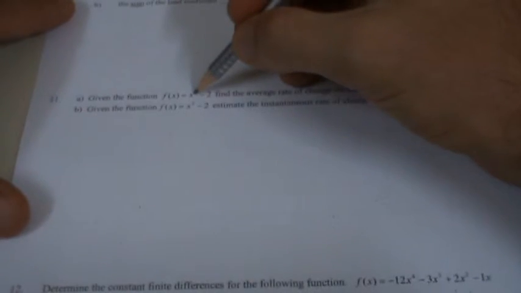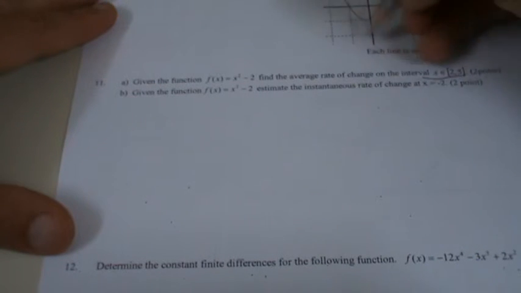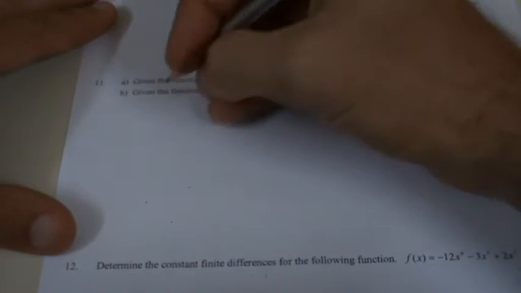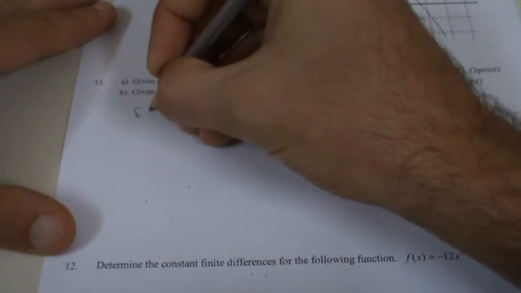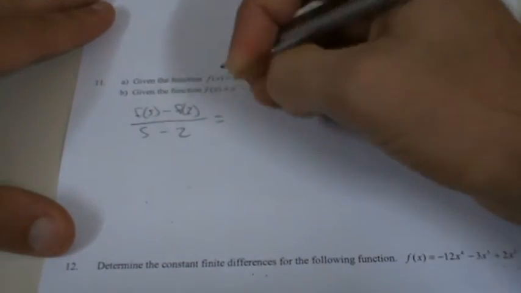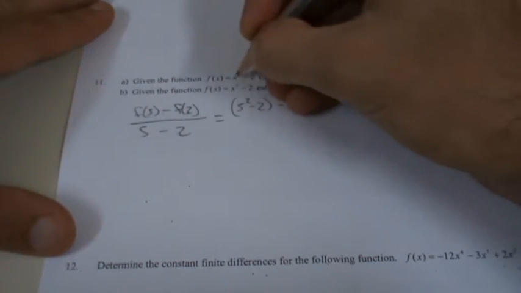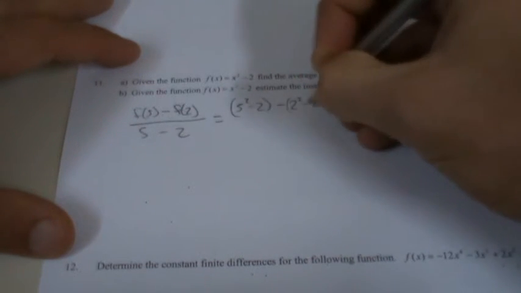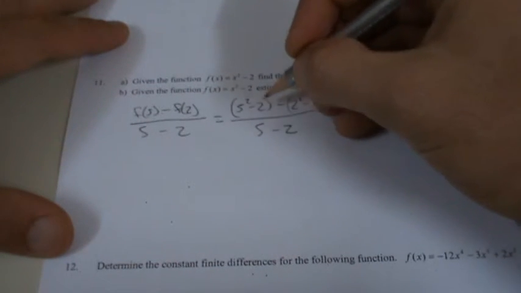This is my function. Essentially we use the difference quotient, or the slope, the average rate of change. I evaluate this at 2 and 5. So the average rate of change is f of 5 minus f of 2 over 5 minus 2. F of 5 is 5 squared minus 2, minus f of 2, which is 2 squared minus 2, over 5 minus 2. So it's 25 minus 2